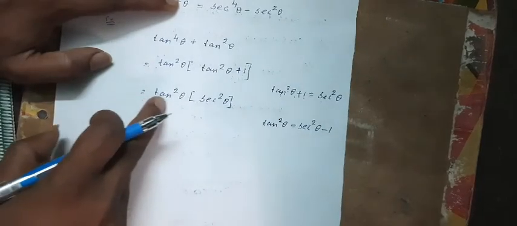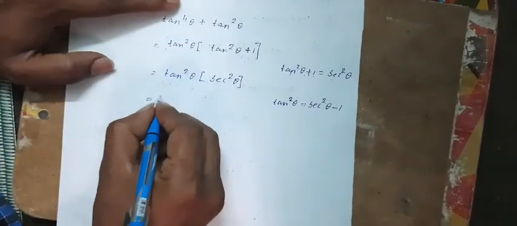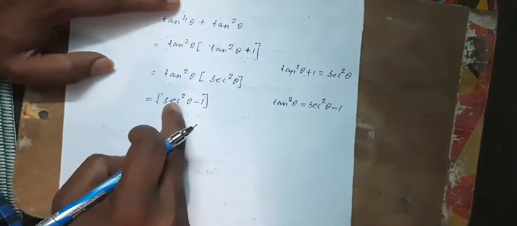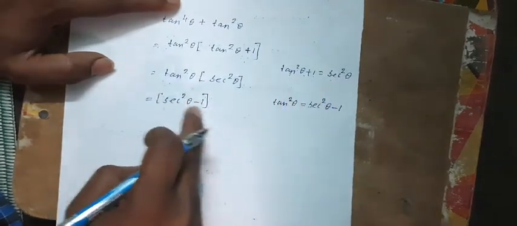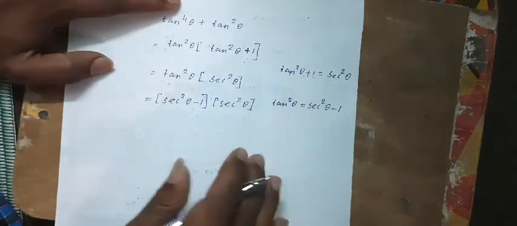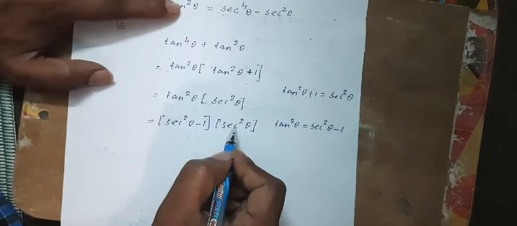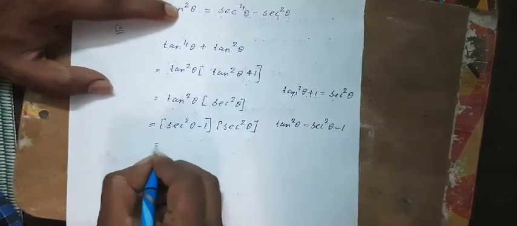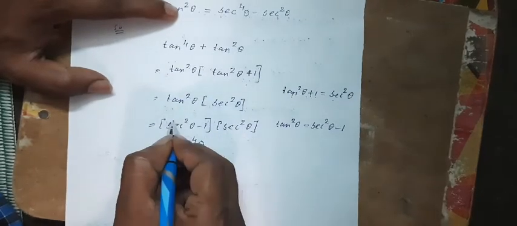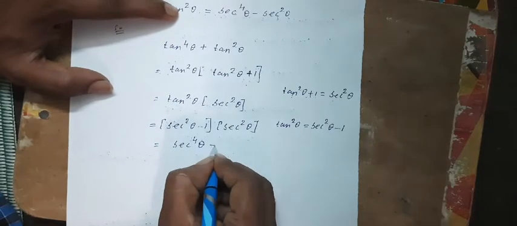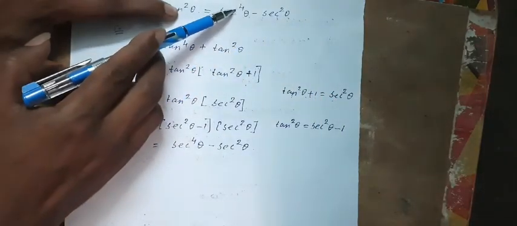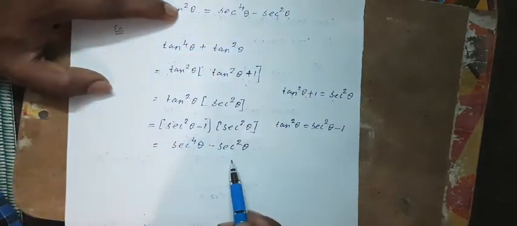Right? Now substitute tan square theta here. So tan square is secant square theta minus 1. Tan square is equal to secant square minus 1, we can use the formula. Right? And then here into secant square theta. Okay, now take the secant square theta and multiply inside. So we get secant power 4 theta, here square, so 2 twos are 4. Secant power 4 theta minus secant square theta. This is only what I want to prove. Right? Secant power 4 minus secant square theta, same term only. So it is proved.